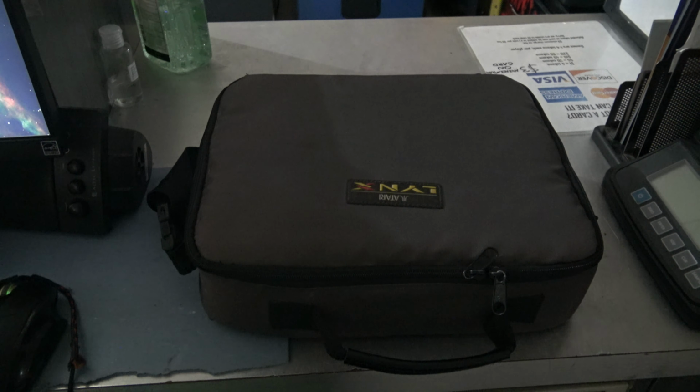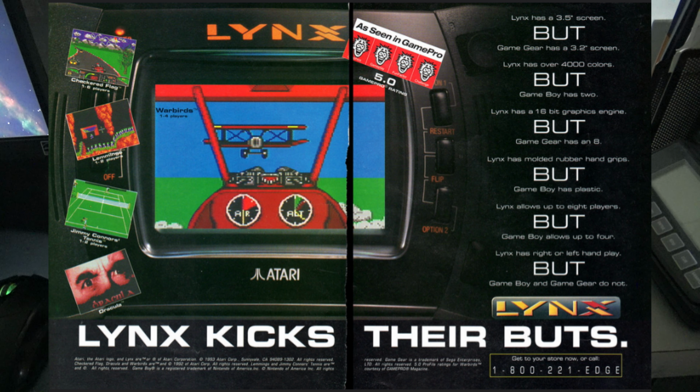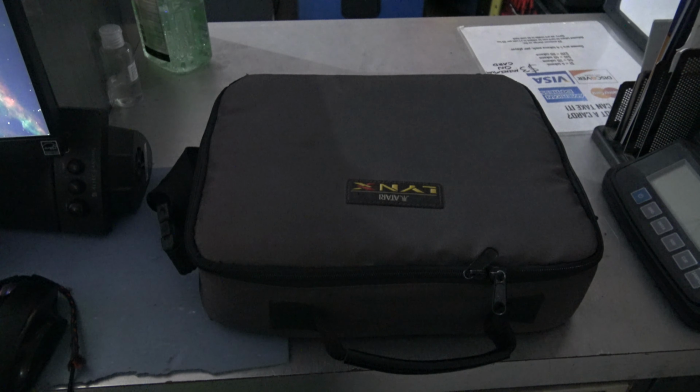I meant to get to this earlier in the month because September is the birthday month for the Atari Lynx, one of my favorite pieces of gaming tech overall, and certainly in the top 10 from the 1980s. I mean, yes, even though most of the Lynx's lifespan is from the 90s, it was released on September 1st, 1989. Although it wasn't really available for retail until October. It was released in very small quantities. It actually preceded the Jaguar as far as Atari only released it into two cities. If I recall correctly, it was only San Francisco and New York at the time, and then they did a